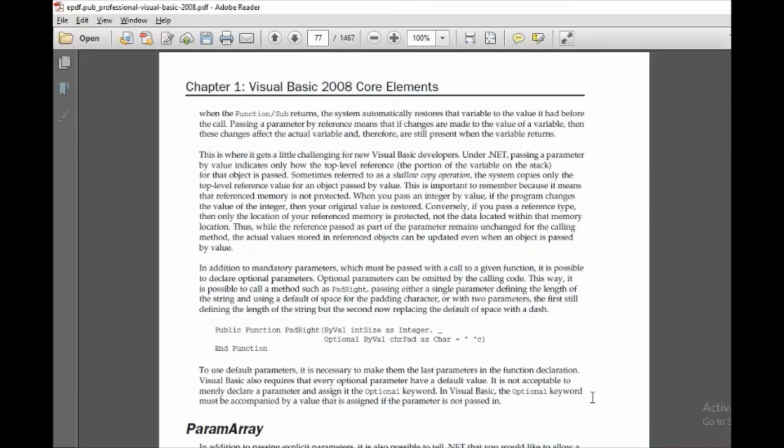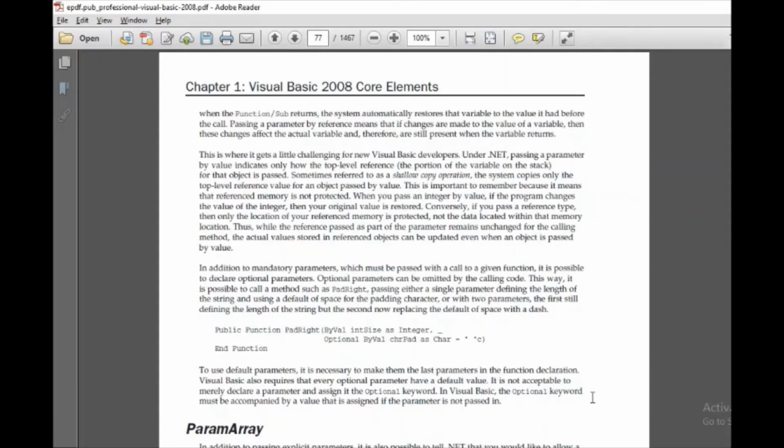When you pass a parameter by value and inside the function the value of that parameter is changed, when the control goes back to the calling program, the value is automatically retained as it was before calling the function. Whereas if you pass parameters by reference, and the value of that parameter is changed inside the function, then it is automatically updated inside the calling program as well.